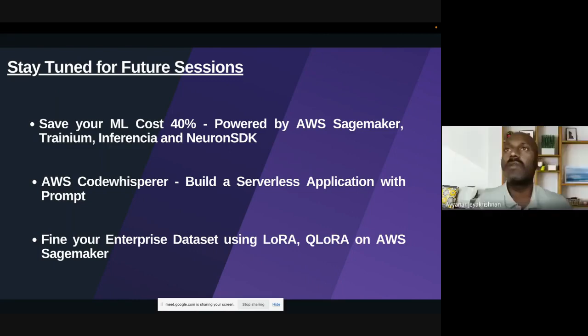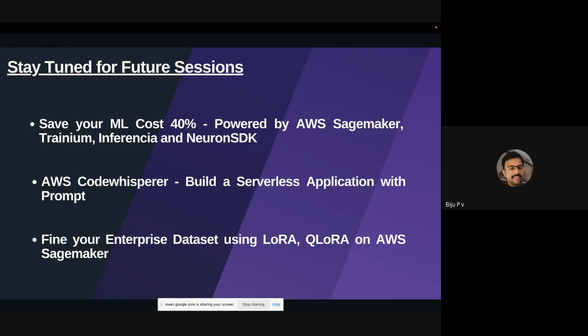You can use the Transformers library from Hugging Face. They have everything. That is the next workshop we are planning, using the Hugging Face library to do LoRa. You can also do it via UI, which is very intuitive. That is also part of the next workshop. You can use the AWS console and fine tune the model in a UI in a very easy manner. Okay, thank you.